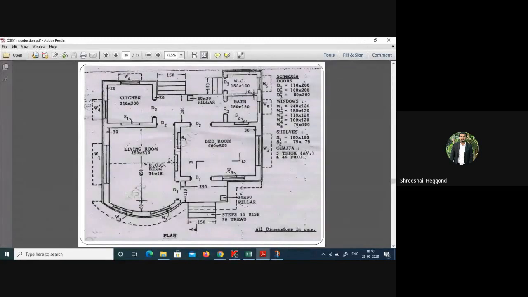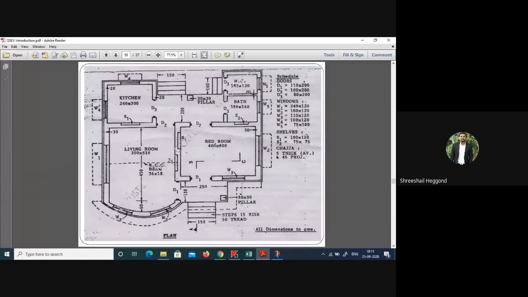If you have done a diagram, you can start calculating center line length for only the main wall. Don't consider the backside wall, only the main wall. The schedule is given at the sides. There are three varieties of doors, D1, D2, D3, of 1.2 by 2 meter, 1 meter by 2 meter, and 0.8 by 2 meter.